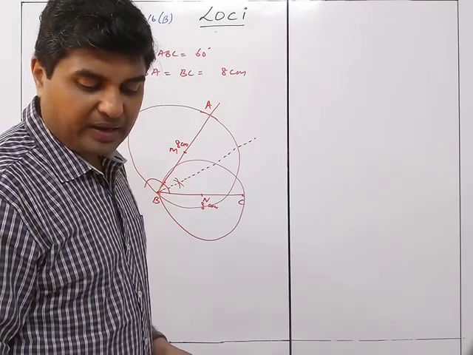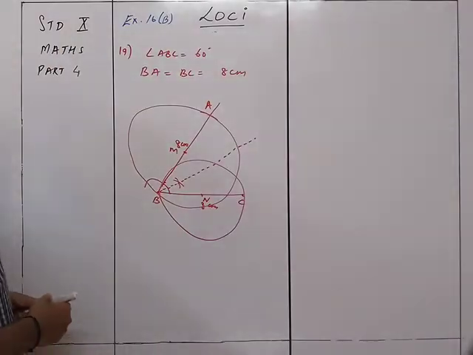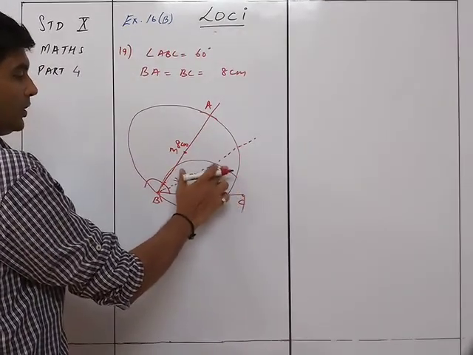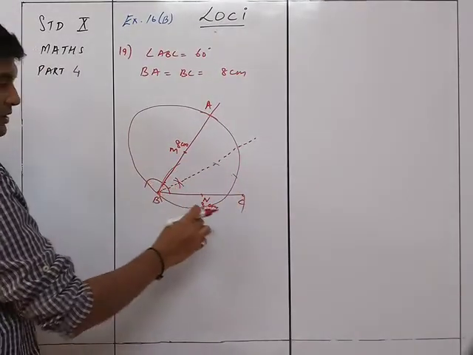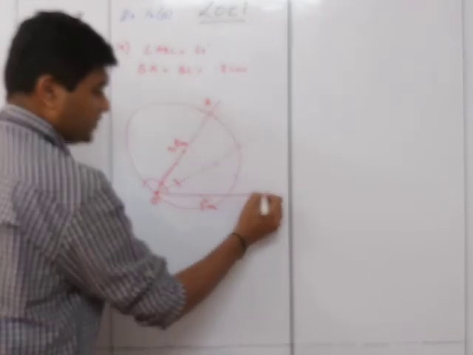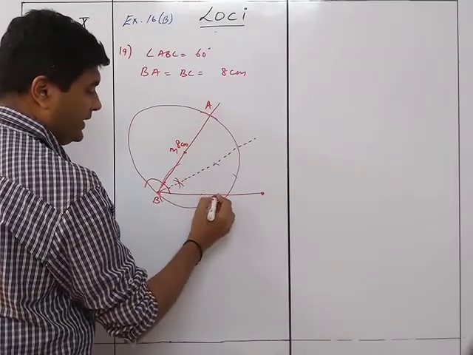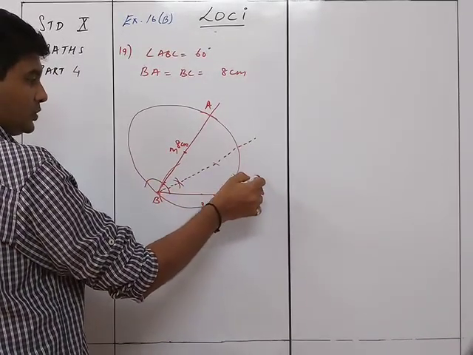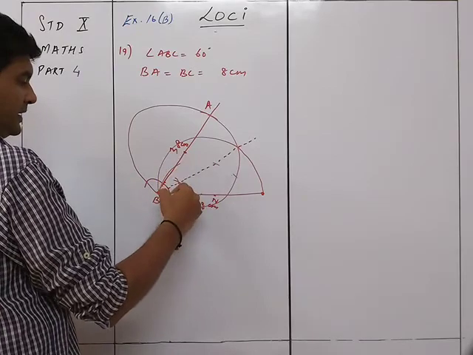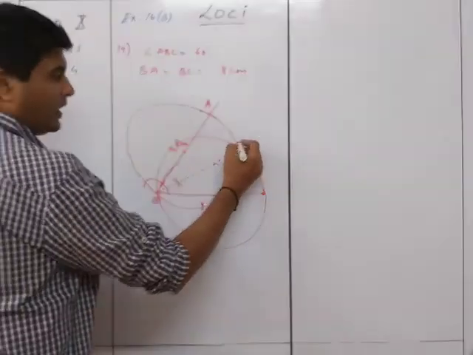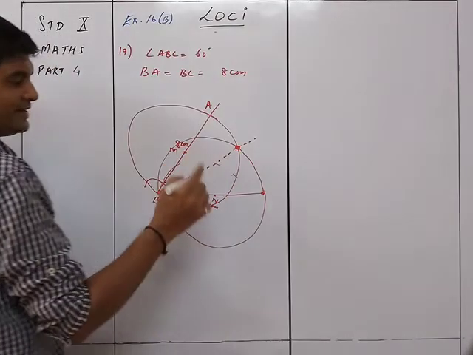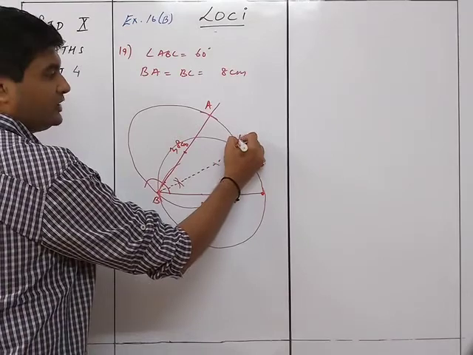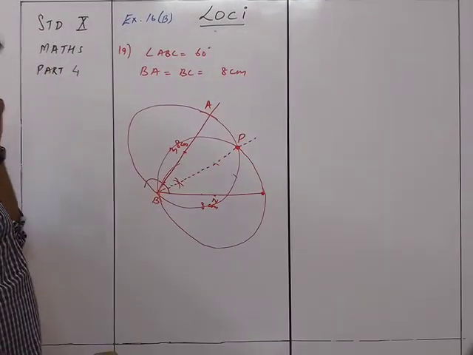Now mark the point P which is at 4 centimeters from M and N, and equidistant from B and C, and join M, P. Okay, I have not drawn it properly, but if you draw it properly, you will come to know that it goes through this particular circle. So I will draw this properly a bit. This will be point C and this is point N over here. The circle will be such that it is passing through this point. Accordingly you will have this point, which is the intersection of this angle bisector, this circle and this circle, as point P.